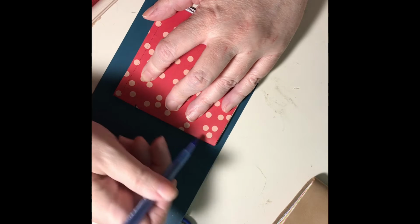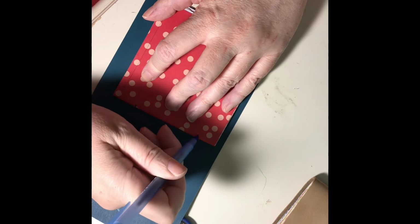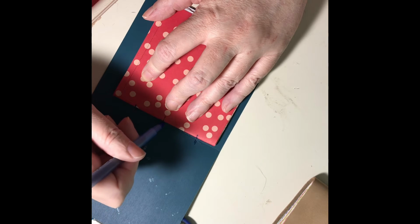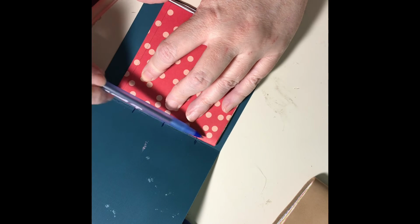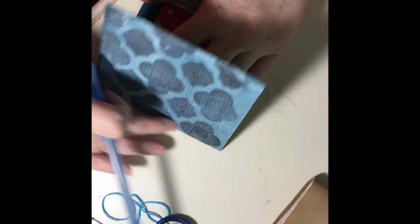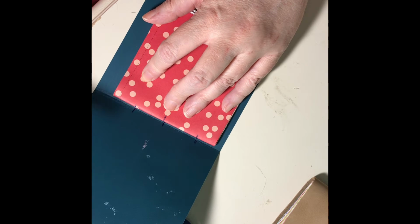All right, come up about an inch or so, and you can measure this if you so choose. And then come about center. And again, you can measure this. I just don't measure. Now, remember, this is going to be an inch, and center to this, not here. Okay? So, in this one, you might actually want to put your tail on the outside and just put a